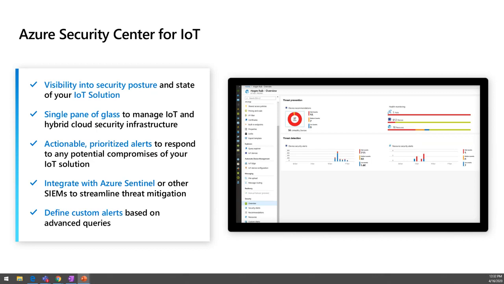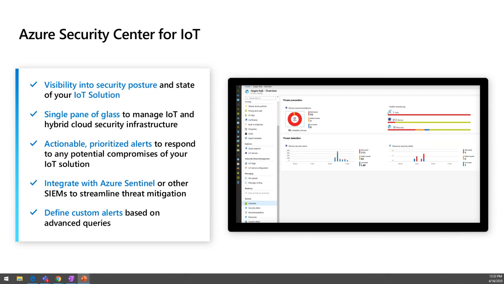You're able to see if there are vulnerabilities. You're able to see if there was a person who tried logging into your device. And then you're also able to get recommendations to improve your IoT solution, and how to make it more secure. And then you're able to create custom alerts as well, which is super powerful because you're the one who knows your IoT solution the best. So you're able to create your own alert, for example, if you know that your device should only be sending up